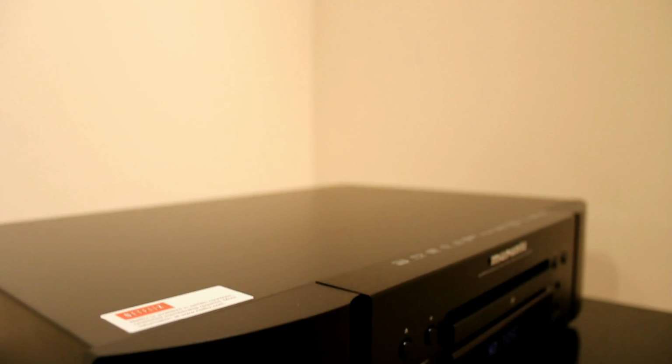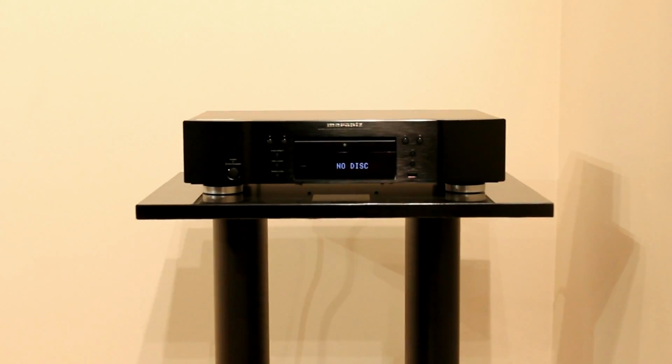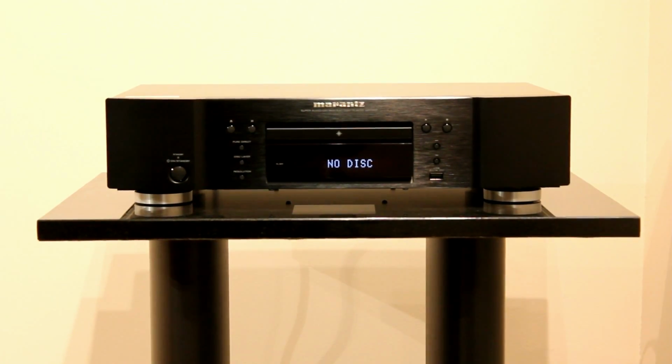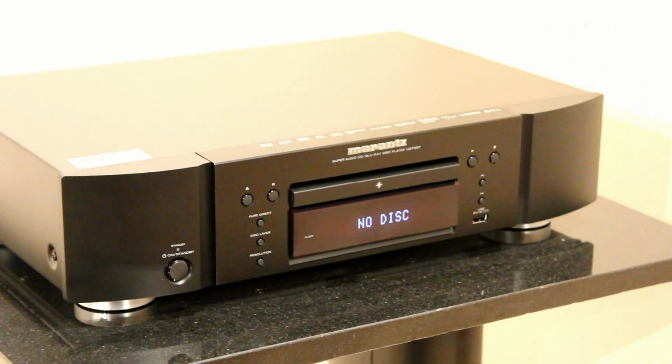So you can see that's the silver gold finish, and it's also available in black. Both these finishes and the style complement Marantz's current range of home cinema receivers. Now, the UD7007 is a universal disc player, and by that they mean it will play a wide range of different discs. So it will play CDs, DVDs, Blu-rays, but it will also play Super Audio CDs